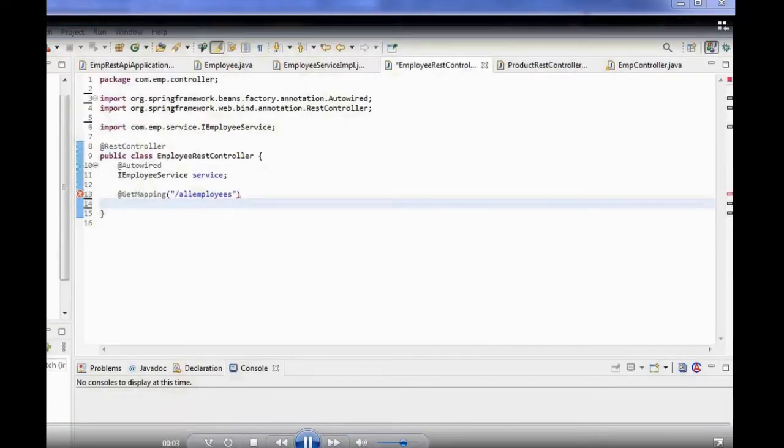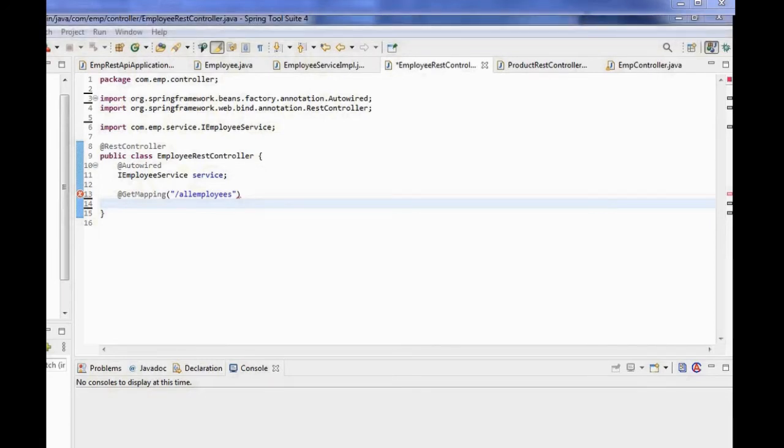Now before proceeding, I just want to explain some point. Through this handler function, we don't want to return just the body, just the data, that is the list of employee objects, but we even want our HTTP status code along with that. So if we want to have the HTTP status code and even the headers along with the response body, then we have to use the ResponseEntity object.